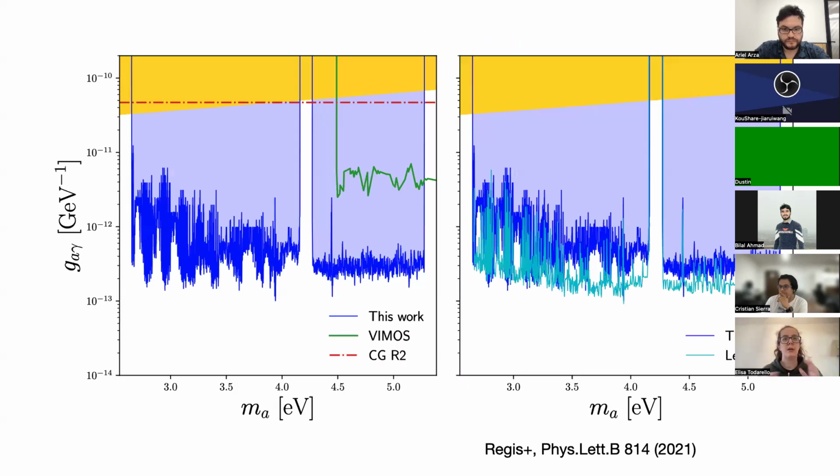This is the bounding context. So here on the left, we have our bound. And this line here is the bound from stellar evolution in globular clusters. The yellow is the QCD axion band. And this is a previous bound from observation with VIMOS of a galaxy cluster, which is basically the same process and just a different observation. And here we have also our bound in dark blue and in cyan,